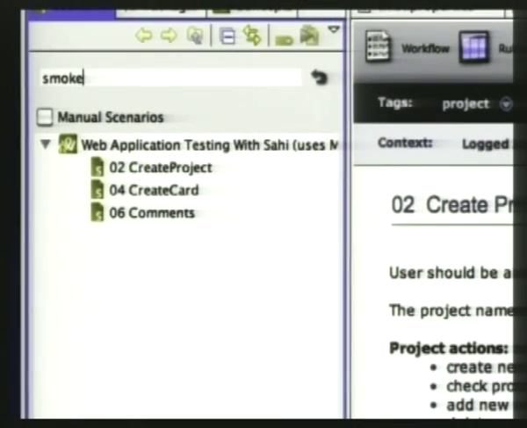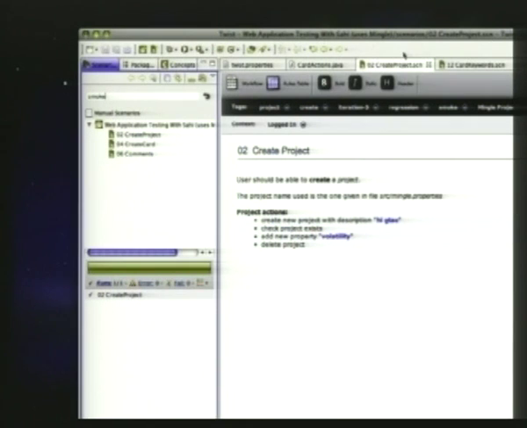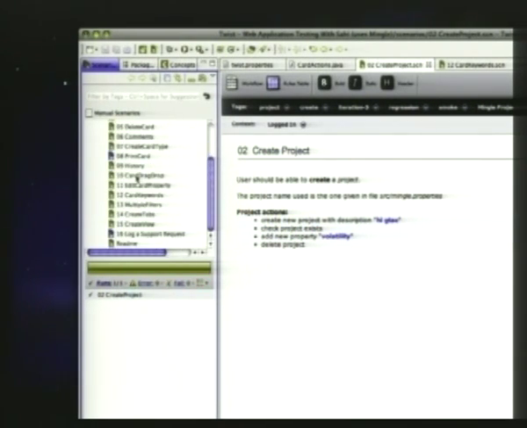Not immediately visible, but you'll see that it's figured out that the data that I had in my test, the property called volatility, has actually been substituted out. So the recorder actually understands parameters and how they work, and will automatically substitute them for you. So I've added a new property, and then finally I clicked on the link called create property right there. Yep. So that's pretty much what I did. And yes, nothing to stop you from going ahead and typing this in once you're familiar with the API as well. So one other thing that I can do